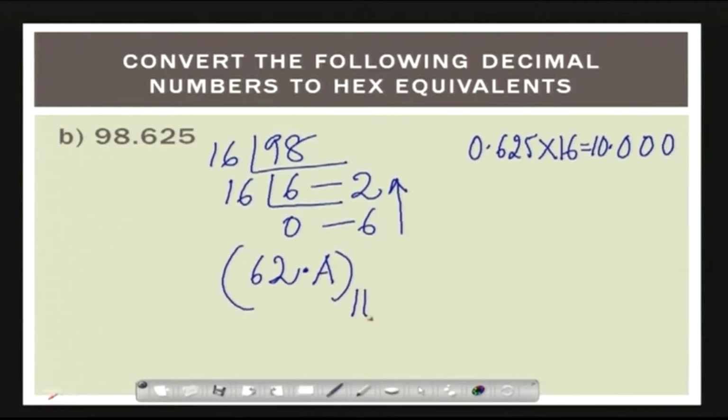This is how we convert. Here I have to take the carries. Whenever a decimal point comes, we have to multiply the digits to the right of the hexadecimal point repeatedly by 16 and collect all the carries. So, here the carry is 10, and 10 can be represented only by the symbol A in the hexadecimal number. So, 62.A is the conversion of 98.625, which is a decimal number.